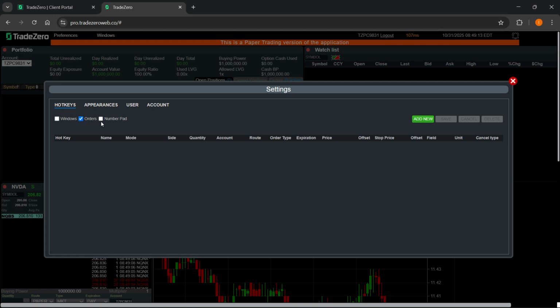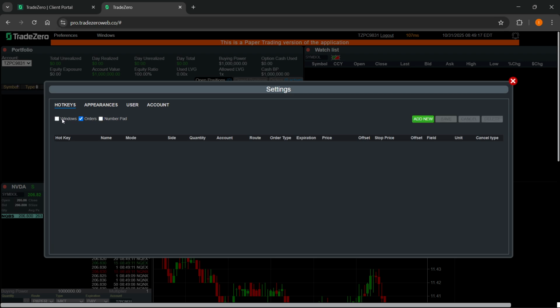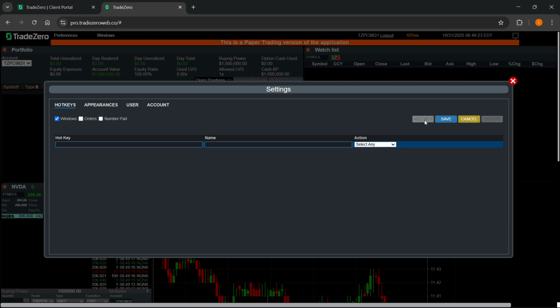So Windows, Orders, and Number Pad. Of course it's up to you, whatever you want to do. I'm just gonna go ahead and click on Windows over here to actually add a hotkey for Windows. And then I'm gonna click on Add New here, and then you wanna basically select your hotkey. I'm gonna do Shift plus A, and then the name for it, of course, you want to select that, and